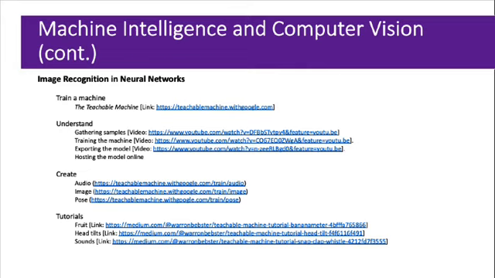Now, understanding these things is important because you will need to create one of the following project types. And that is either A, an audio project, B, an image project, or C, a pose project. Now, the site will guide you in the process, but you may like to begin with one of the following teachable machine tutorials to help you understand the kind of projects that can be developed. And these are A, fruit, B, head tilts, and C, sounds.